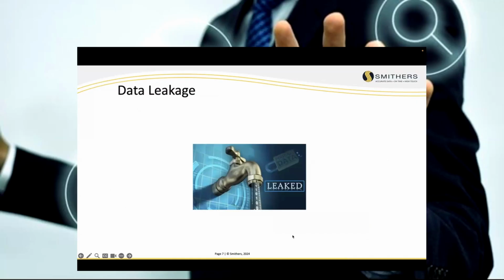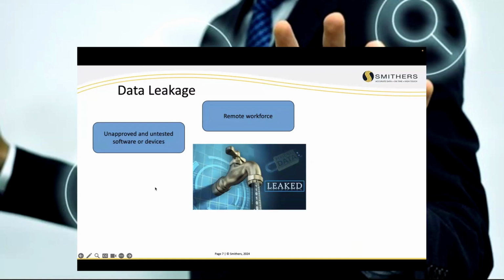Let's talk about data leakage. First and foremost, spear phishing and social engineering is all about getting your information, your credentials, to then inform the organization how to steal information from you. It's not that difficult. There used to be a time when we worried about passwords being broken. We don't worry about passwords being broken too much anymore. We worry more about passwords being stolen. A recent survey by IBM, Ponemon and Verizon all confirmed that if you have a 100% remote workforce, your probability of data leakage is going up. And it's going up for a couple of big reasons.